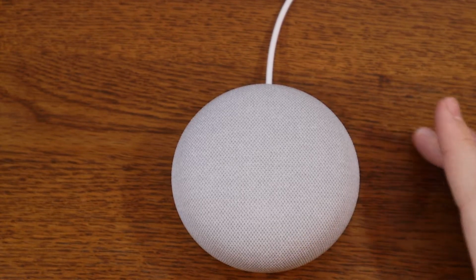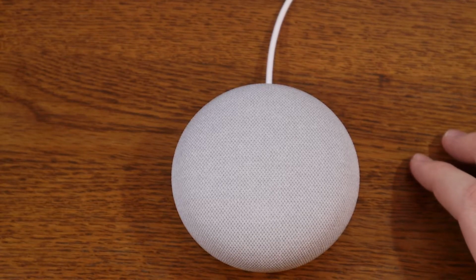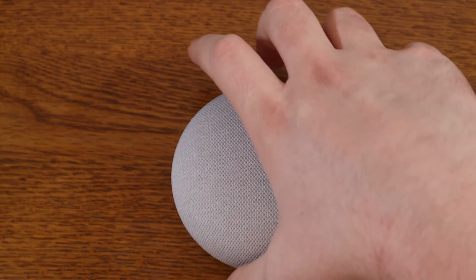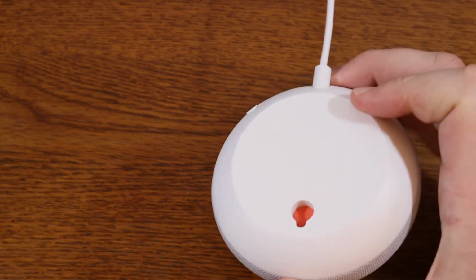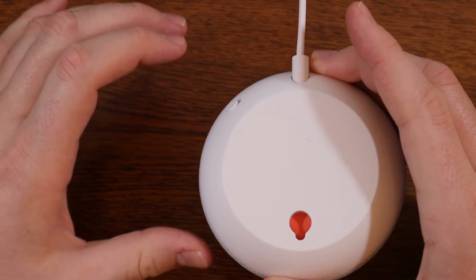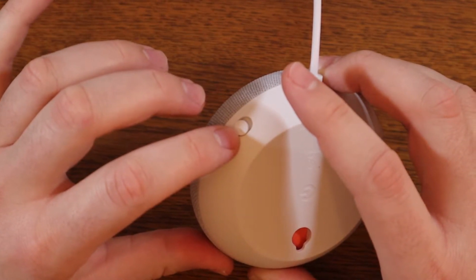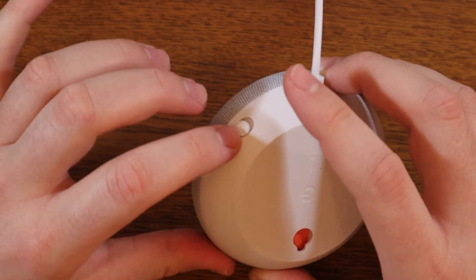Now I'm going to go ahead and give you an overview of the Nest Mini device. We're first going to go over what's on the back side of it here. As you can see here, you have your power plug at the top here. You have your mic mute switch where you can turn off the microphones if you don't want the assistant listening